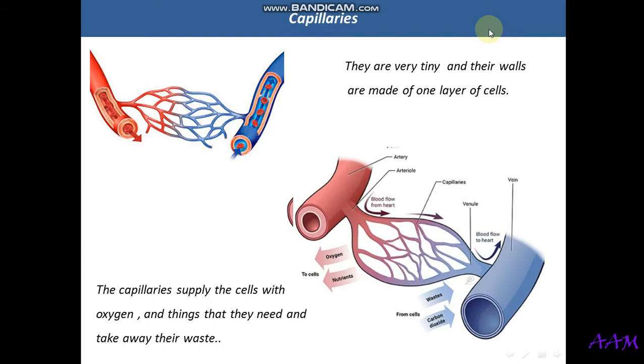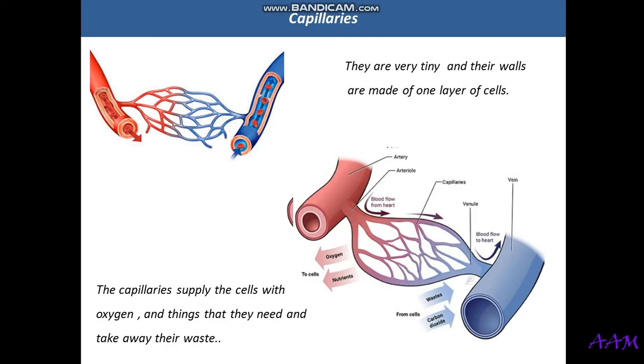Which side of the heart? The right side of the heart. The right side of the heart is always the side where the deoxygenated blood is assembled, okay? And the left side of the heart is the place where the oxygenated blood is gathered. So don't forget, the right side is for blood without oxygen, and the left side is the blood with